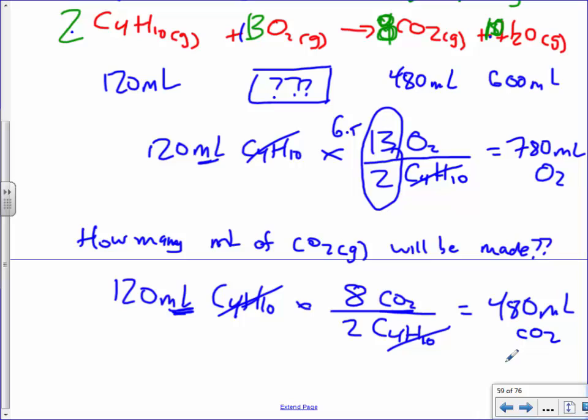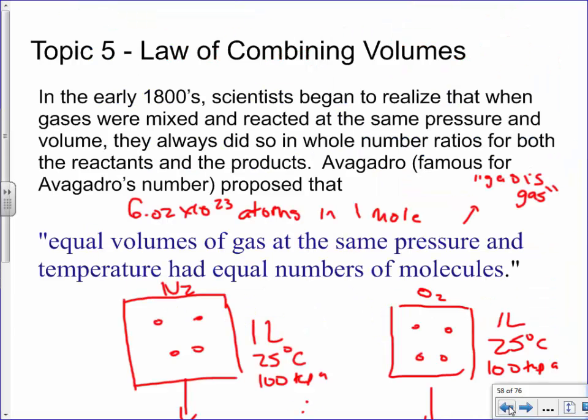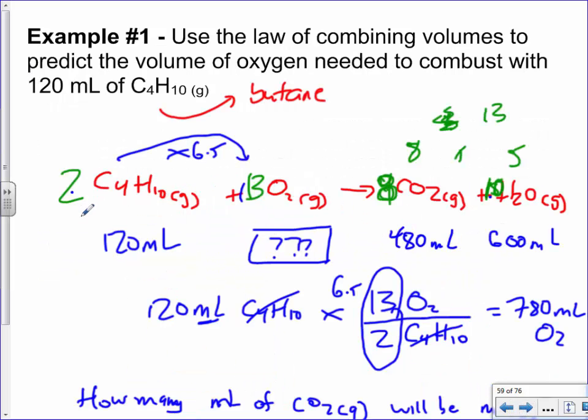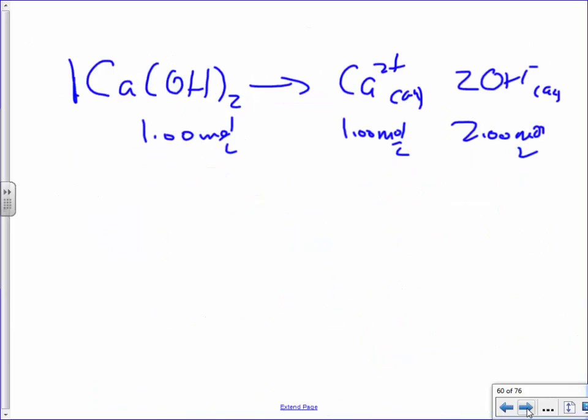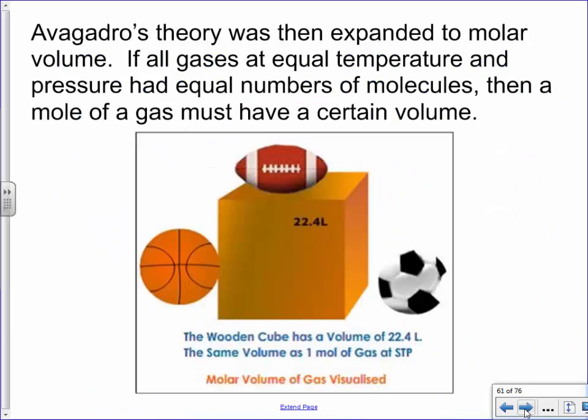That is essentially Avogadro's idea. So going back to this first picture, equal volumes must have equal molecules. Well, if these things right here, in a way, refer to molecules, they can also refer to a recipe for liters, for volumes. So we can use this ratio concept to solve a question. So, eventually someone fairly clever managed to figure out a way to expand Avogadro's theory